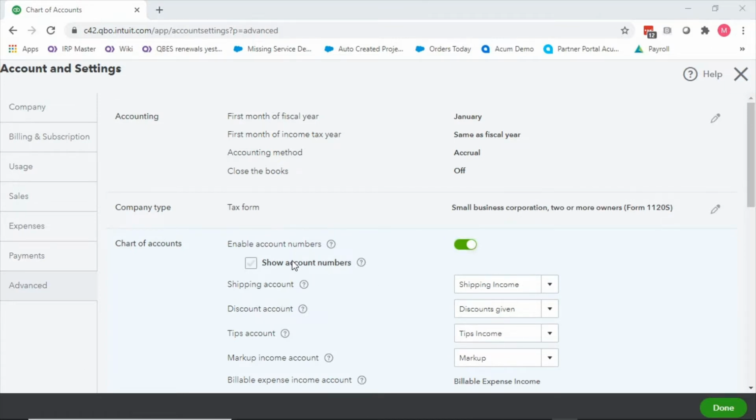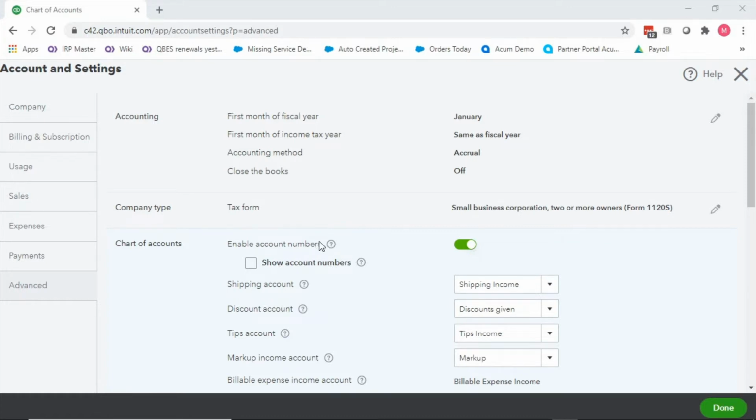And just real quick before I go into showing the chart of accounts with account numbers on, there's also this checkbox that says show account numbers. Now it's pretty confusing to me why you would enable them but then not show them.